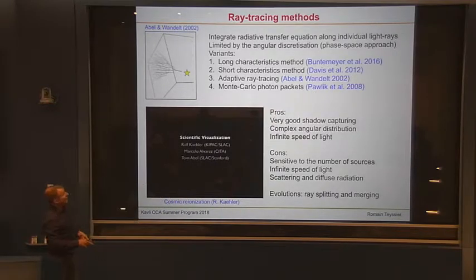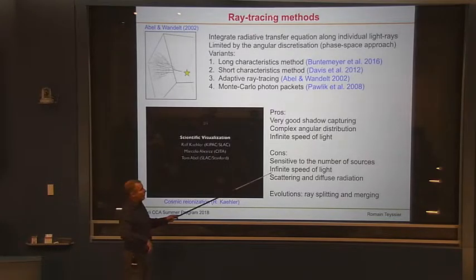So the ray tracing method is, I think, very good. It captures the geometry of the radiation very well if you have enough light rays, of course. So the angular distribution can be very complex. And it uses an infinite speed of light, because you basically follow your light ray at infinite speed. So you freeze the hydro completely, and then you shoot light rays and you watch them cross the box at infinite speed, and then you have your radiation in the box at any given time.